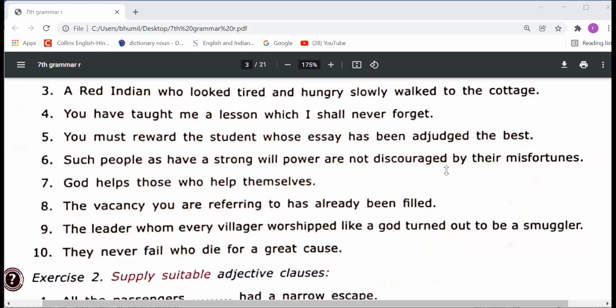Yes sir. Now tell me what is an adjective clause in this. Right. Okay. Sir, you are referring. This part is an adjective clause, and the vacancy. Yes, that is the part. It is describing this. Yes, very good. Now your answer is right. Good. Good, Sargundeep.